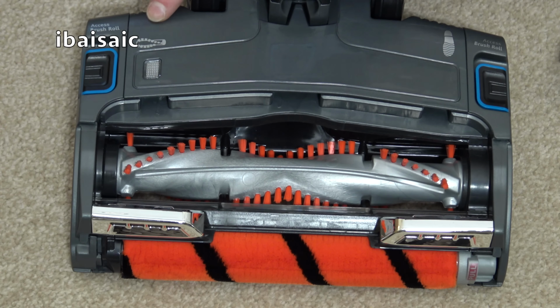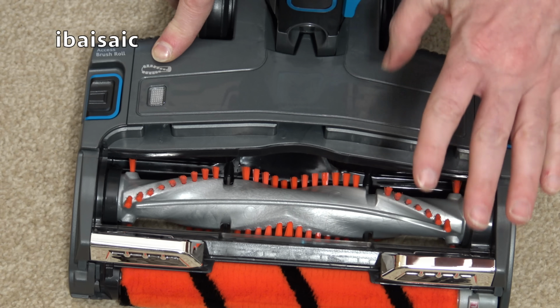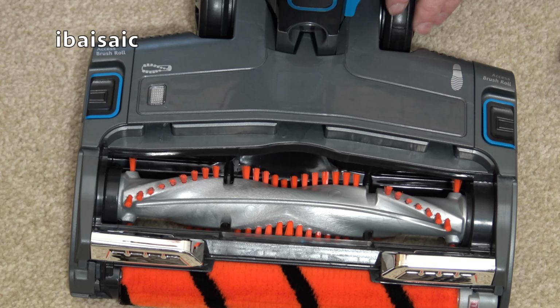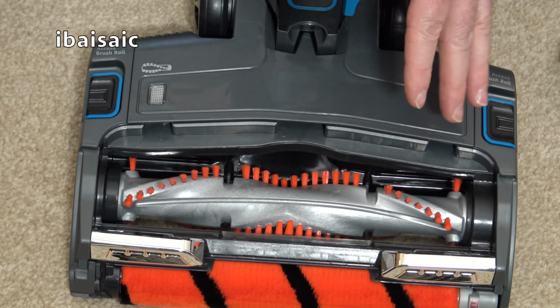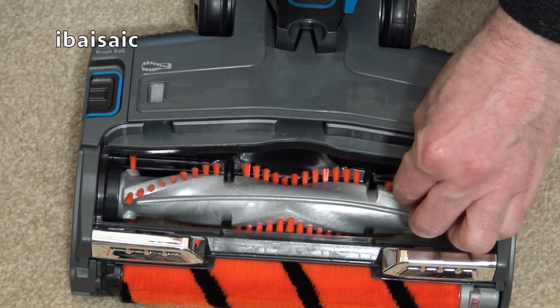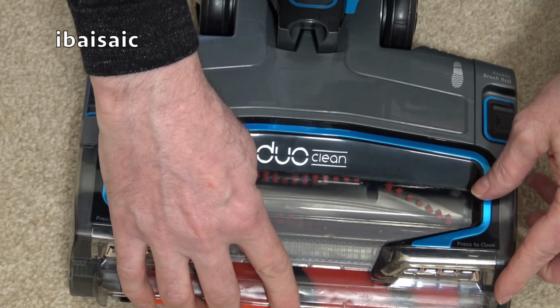Also, you have a cutout mechanism on the brush roll, so should you get anything jammed in it, it will cut off automatically, and this light here will illuminate to tell you there's a problem. All you have to do is switch the cleaner off and see if you've got anything caught in the brush roll. When you turn the brush roll back on again, it should just